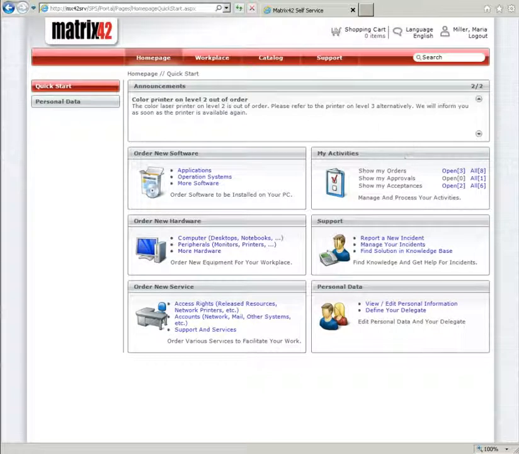So on the right hand side is stuff to do with Maria herself, so she has access to reporting incidents, personal information to update, for example, AD, and previous orders that she's placed. And on the left hand side she has all of the different categories that she has access to in terms